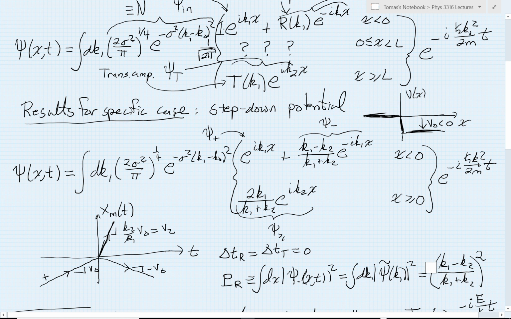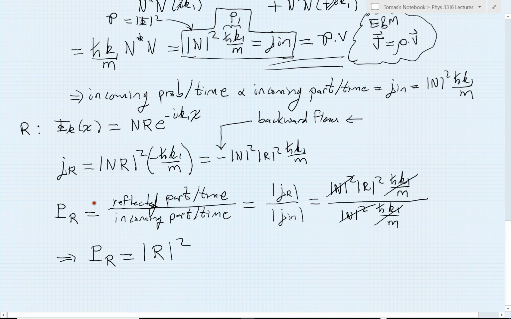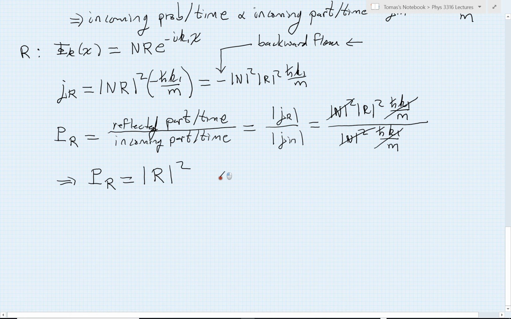The result that we found for that case, though, I hope you will notice, is the square of this difference over this sum. But this difference over the sum is literally the reflection coefficient, which is multiplying the backward wave for my particular example. So in this example, the reflection probability we would get from the formula that we just derived from current densities would indeed be this result, which is exactly the same as what we had calculated using the more direct area under the peak of the probability distribution. So that should help build up some confidence that this actually works and checks out.